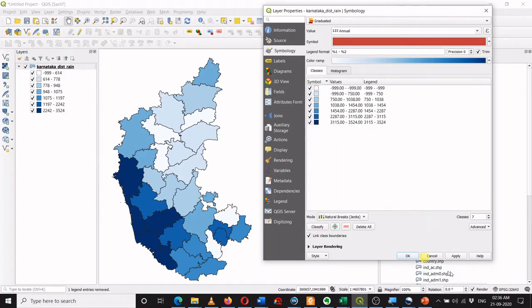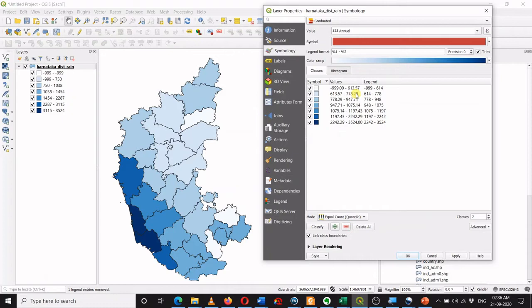This is how I will get the distribution across the state. Ideally I should look at all these methods followed by the software to identify the appropriate classes. Then based on that, I will finally select the classes which are suitable for me.